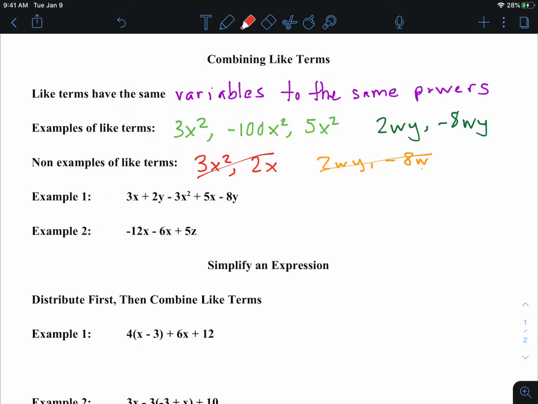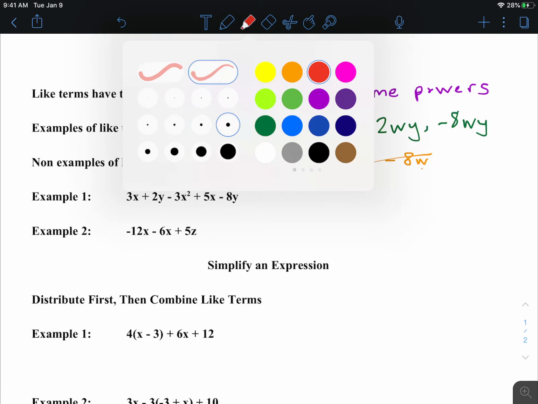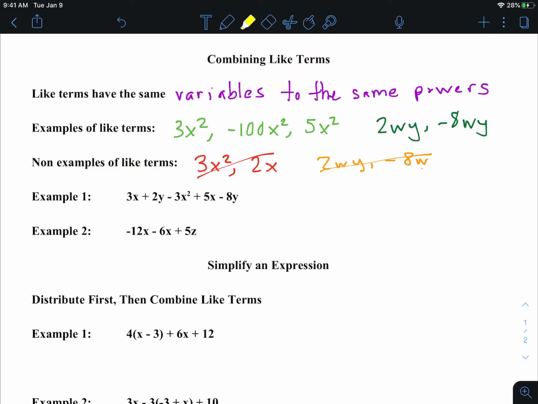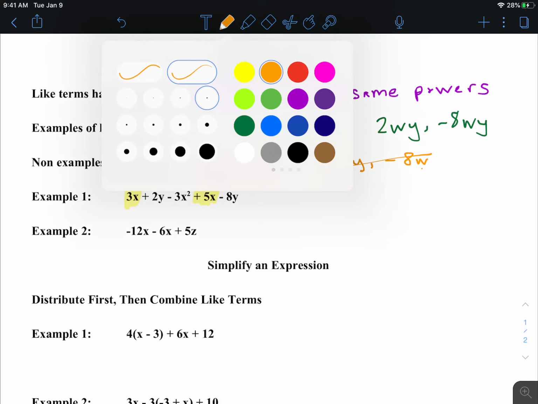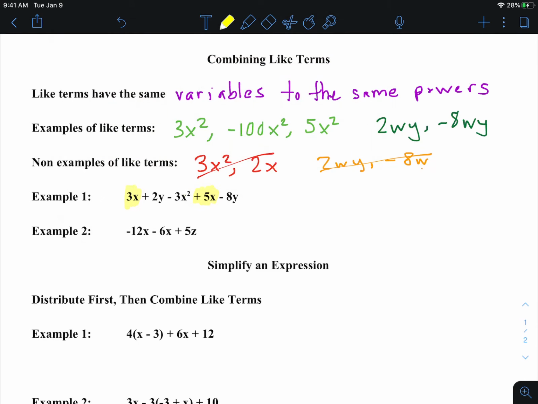When I'm combining like terms, personally I like to highlight, or you could draw shapes around your like terms. So my first term is 3x. I'm going to look for like terms, so terms that have exactly an x in them. So not the negative 3x squared, but this 5x. And I'm going to take the sign in front of it to tell me if that 5 is positive or negative. So I have 3x plus 5x, which combines to be